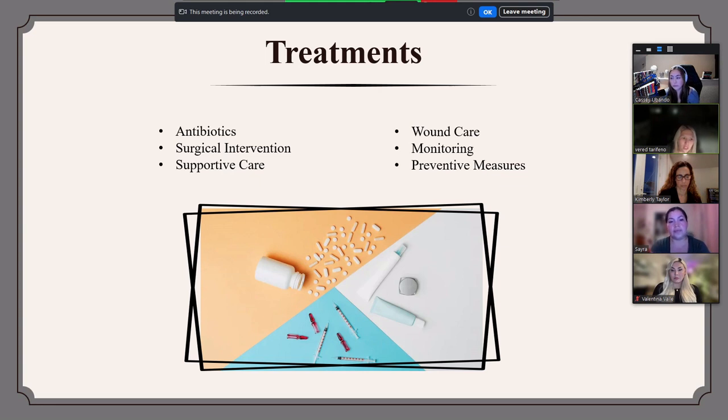For skin infections caused by Bacillus, proper wound care is essential. This involves keeping the affected area clean, applying any prescribed ointment or dressing, and following the healthcare provider's instructions for care. Throughout the treatment process, doctors will closely monitor the infection's progress and the individual's response to treatment. Regular checkups and possibly blood tests may be necessary to ensure the infection is resolving.